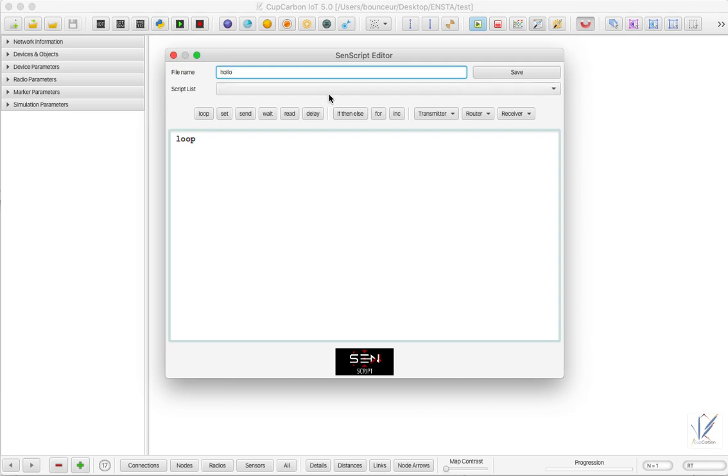We call it just hello here. And then you can just put a print. So as you can see, hello world. Now we have to write it like this. In the previous version, we wrote it like this, but now it can't work in version 5 of CupCarbon, because these words here, hello and world, will be considered as variables,